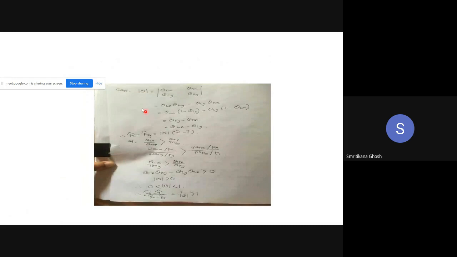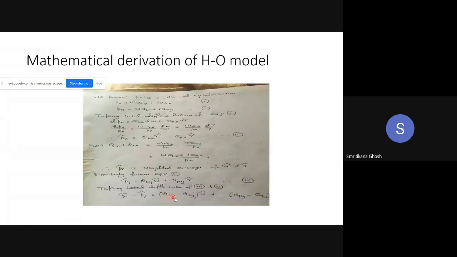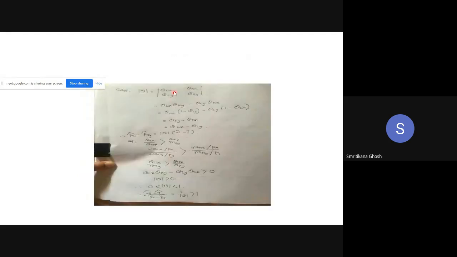Now look, not mod theta, this determinant theta. So determinant theta is equal to theta Lx, theta Kx. What are those? Look at this. Theta Lx, theta Ly, theta Ky, theta Kx. So I'm just writing it as determinant theta Lx, theta Ly, okay, I'm just writing vertically, theta Lx, theta Ly, theta Kx, theta Ky. Now, how to find out the value of the determinant? Theta Lx, theta Ky minus theta Ly, theta Kx.